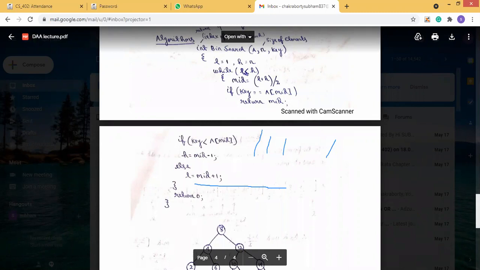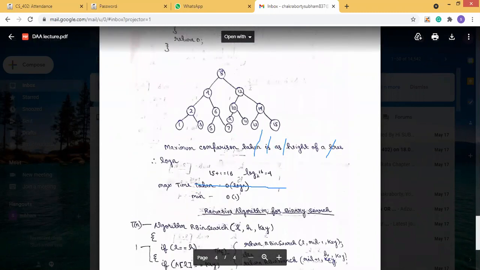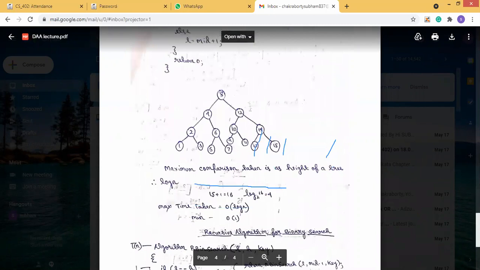Now, if you see the binary search represented as a tree, using this algorithm, we will see the example which I have taken.